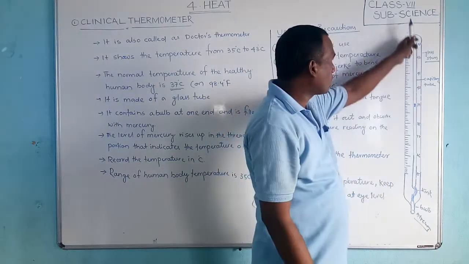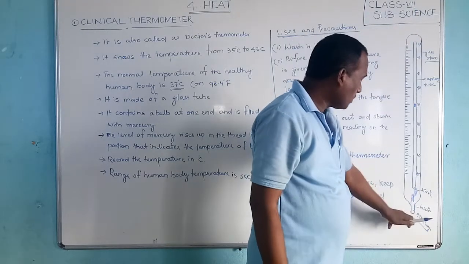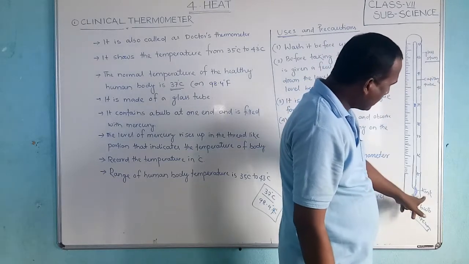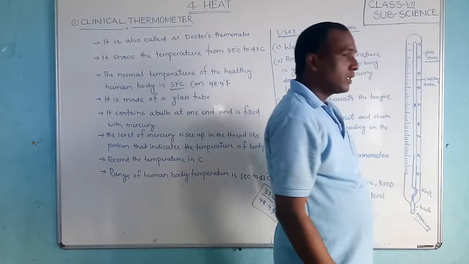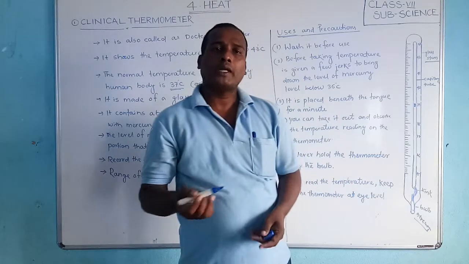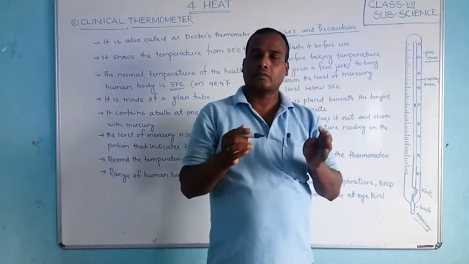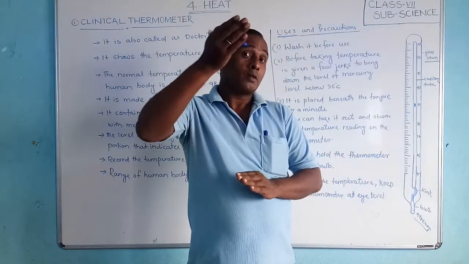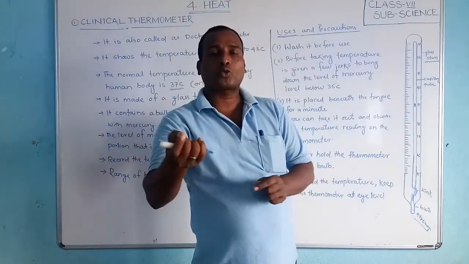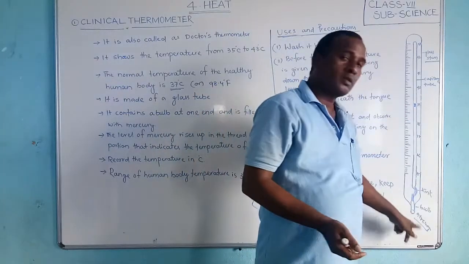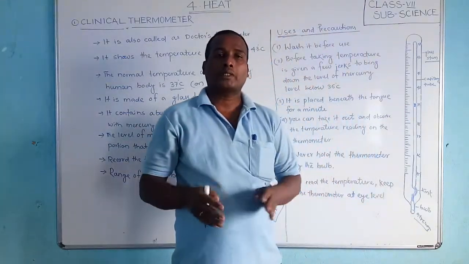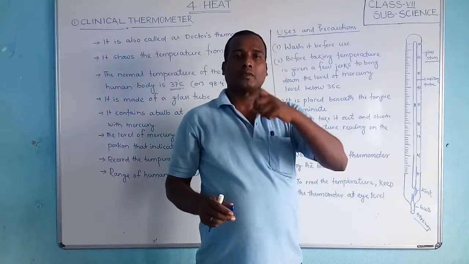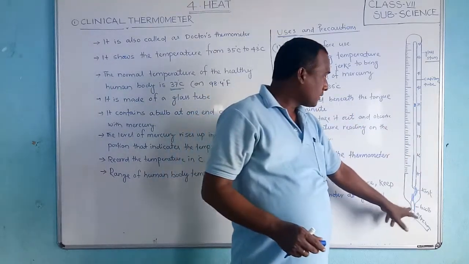So this is the root of the thermometer, and it will come to here. This is called the glass stem, and here is the kink. What is the kink? Students, you have observed that whenever you take the temperature with the thermometer, the mercury will rise. But whenever you take it out, it will not suddenly come down here. The height does not drop because of the outside temperature; when your body temperature rises, the mercury goes to here.